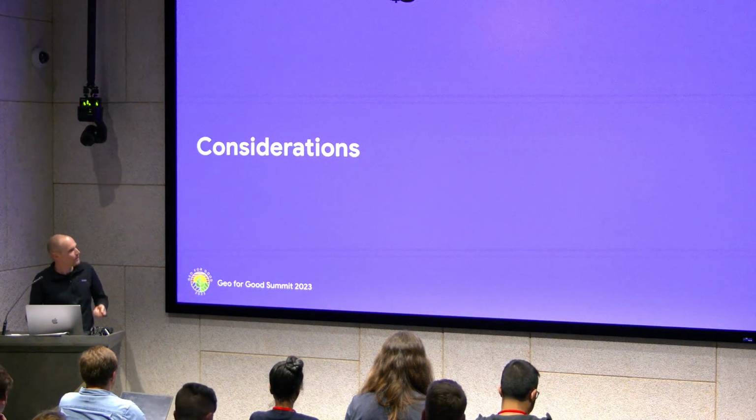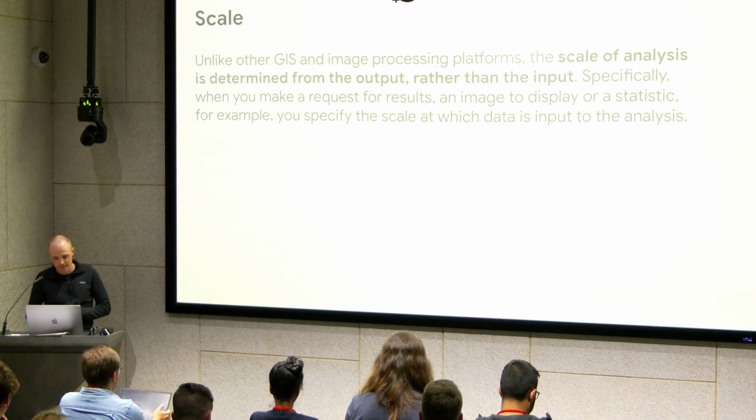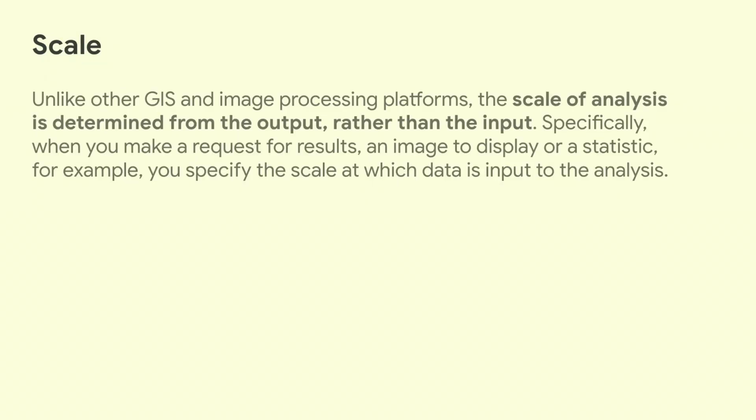And then now I want to go to some considerations when working with Earth Engine that might be different than other geospatial analysis platforms. And one of the big ones is scale. So in image data, if we talk about Landsat, they have 30 by 30 meter pixels. We call it a 30-meter scale. And when you're working in Earth Engine and you do an analysis, well, maybe we should step back and talk about doing an analysis maybe in ArcGIS. And I've not used it in a long time, but back in like 2005,